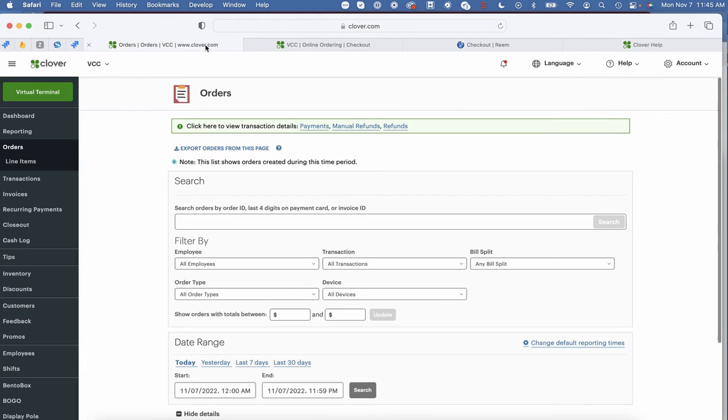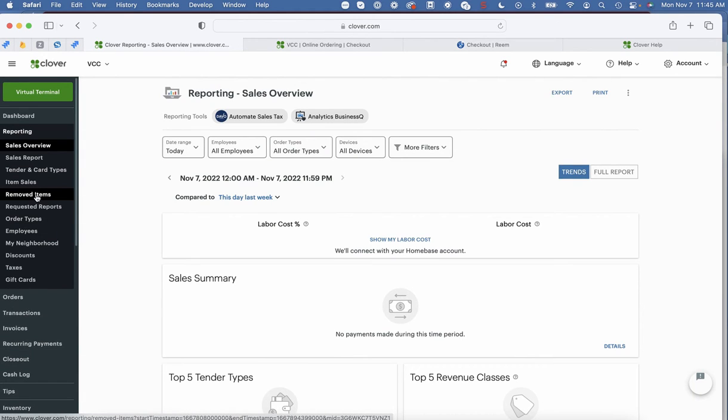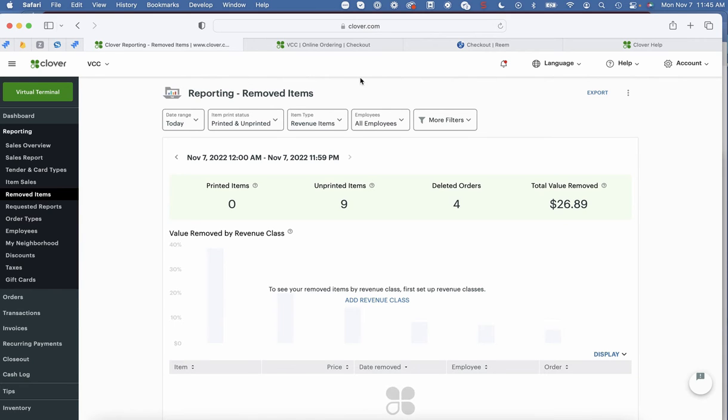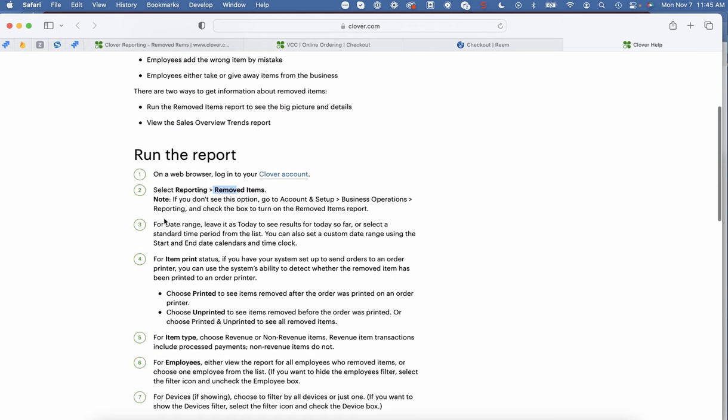So again, here I'm on the Clover dashboard. I went here by going to clover.com, logging in, and pressing orders. This way you can see your transactions and all that information. But I want to specifically focus on removed items here, which is what this link is talking about. Okay, removed items. The reason I want to talk about this is because when it comes to online